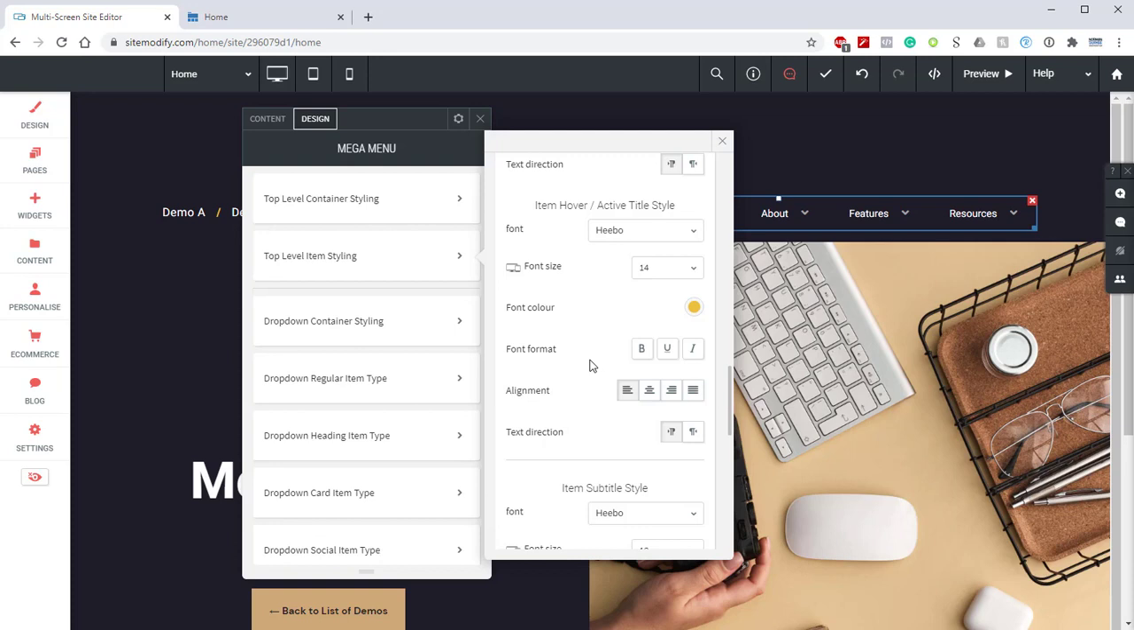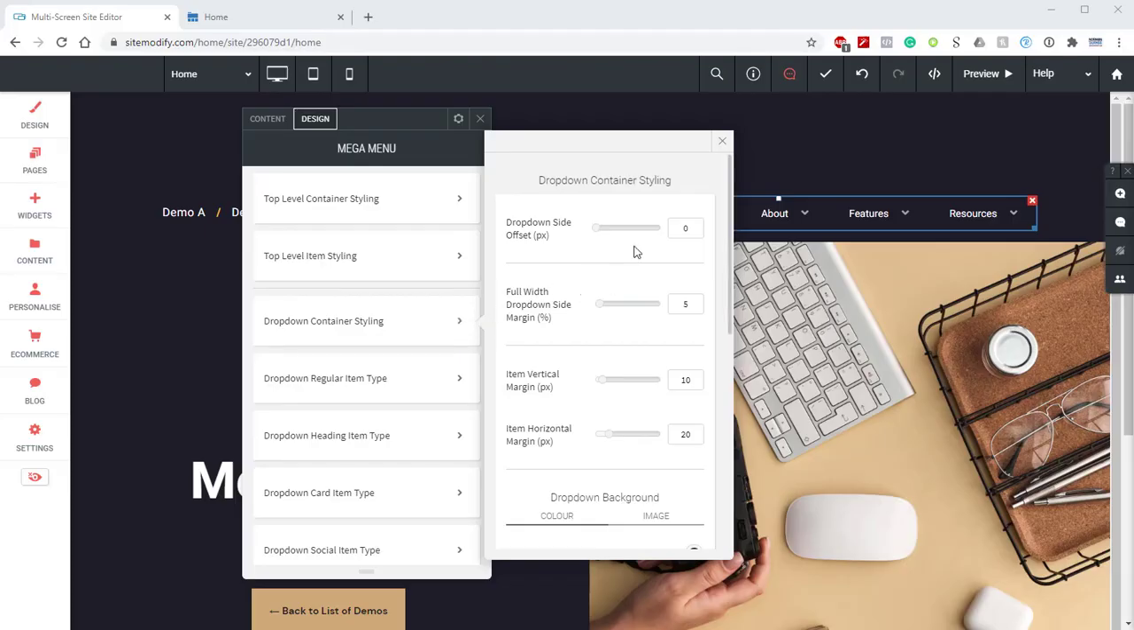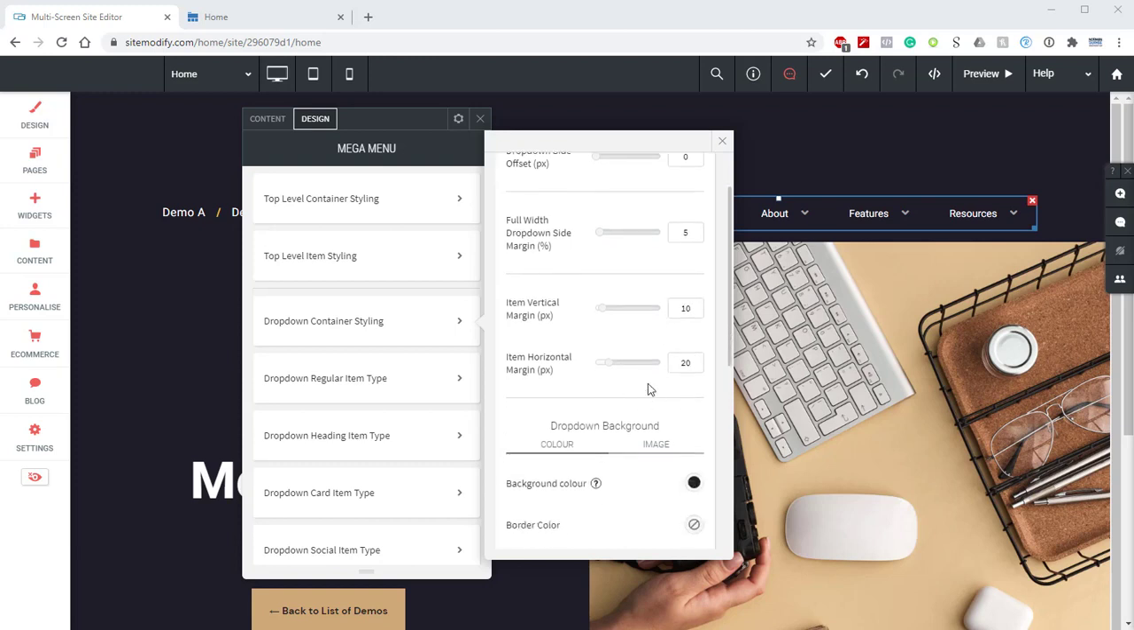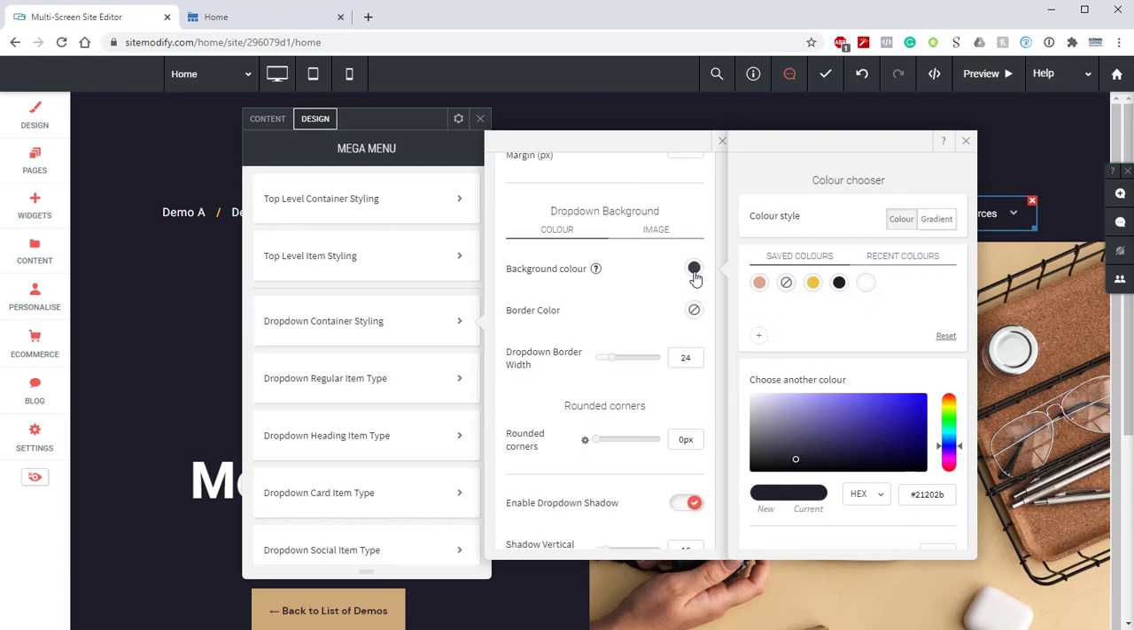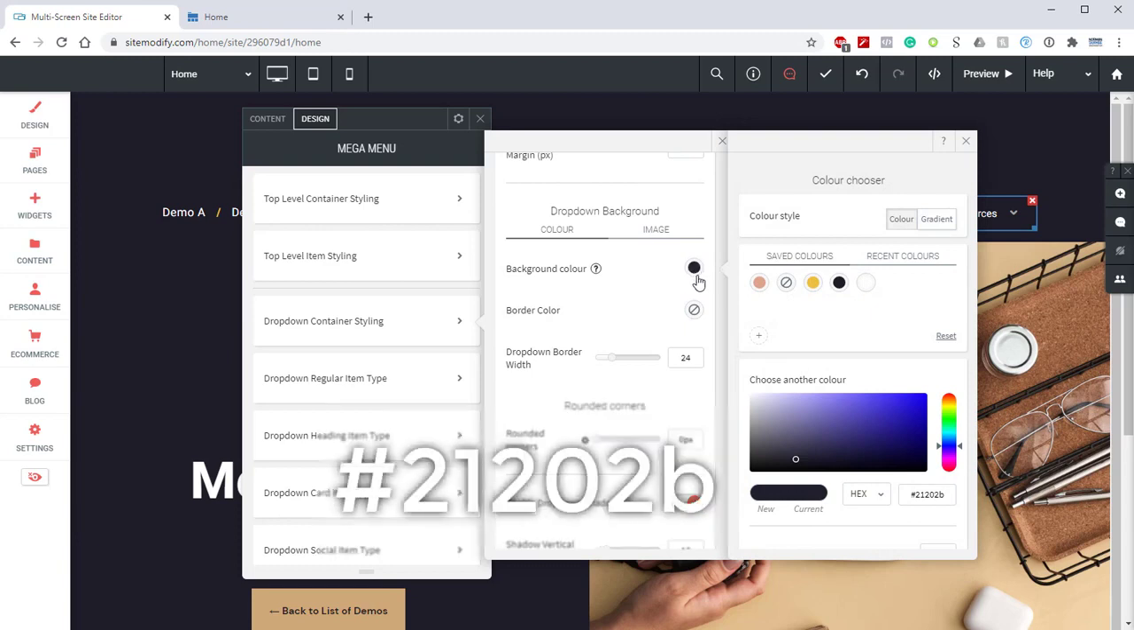So next, let's go down to our drop-down container styling. We have the drop-down side offset to 0. We have the full width drop-down side margin to 5. We have the vertical margin to 10. We have the horizontal margin to 20. Now if we scroll down to the drop-down background, we have the background set to a dark purple. The hex code for that is